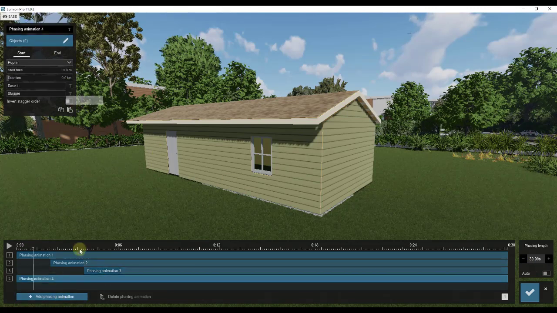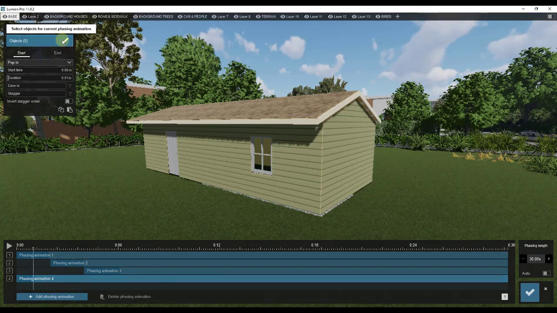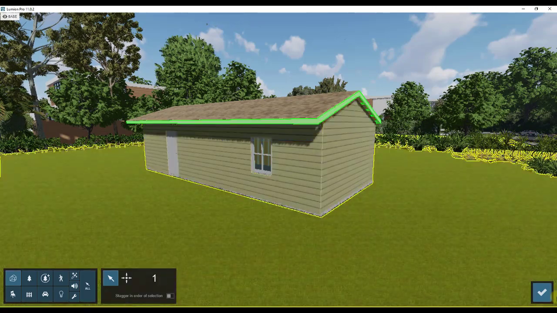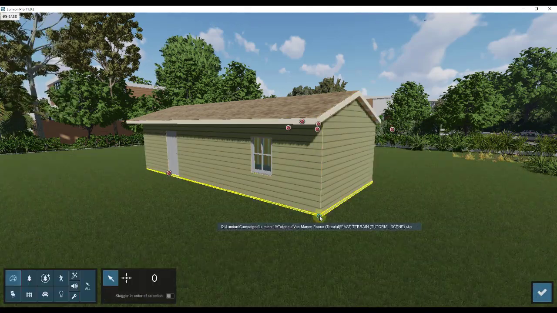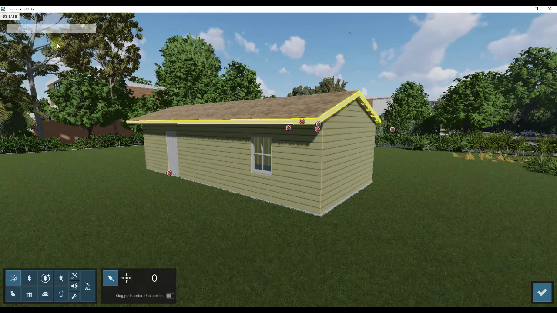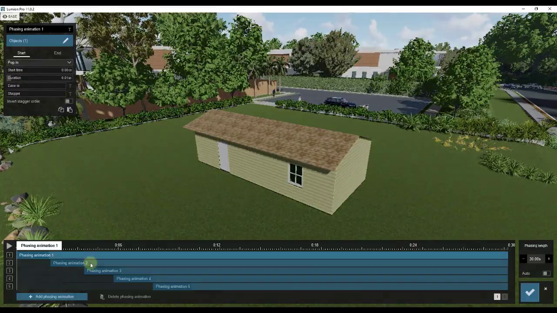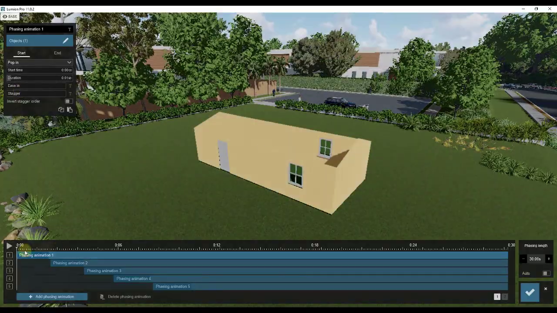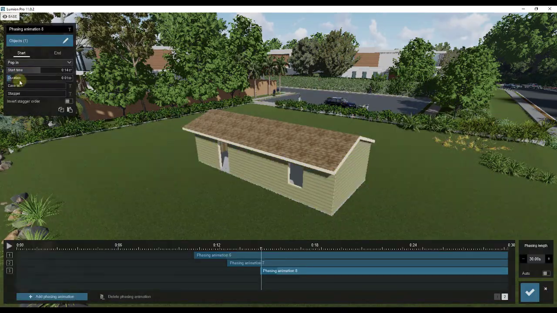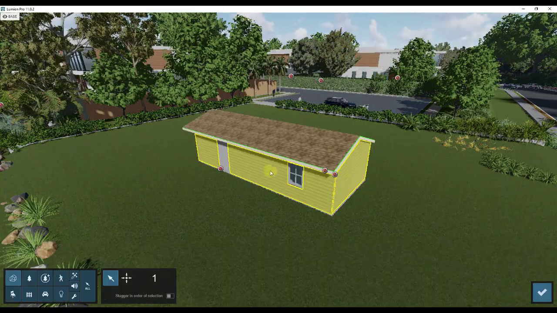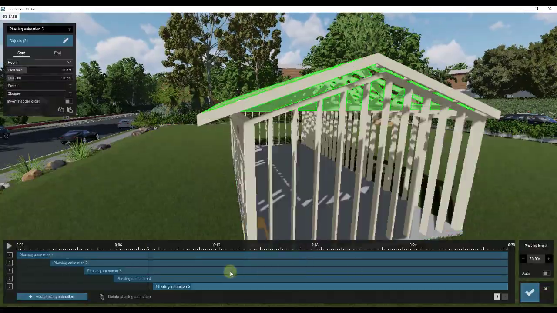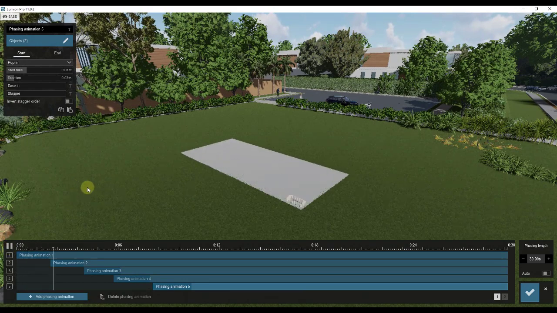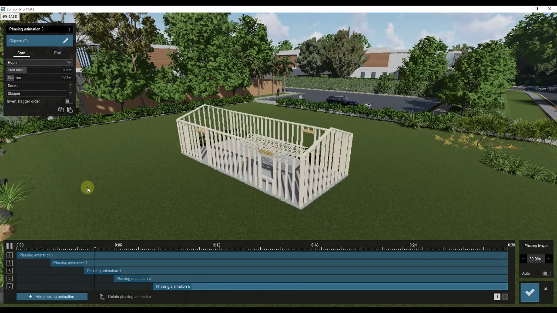So now I'm going to go through and I'm going to add the phasing for the rest of the pieces of my model. And I'm going to speed this up so that you don't have to sit here and watch me work on this for like 20 minutes. Alright, so now, if we were to play this, you can see how our slab pops in, and our framing,